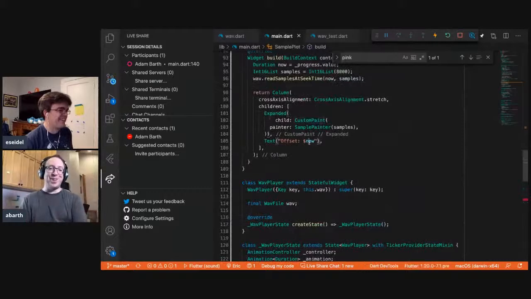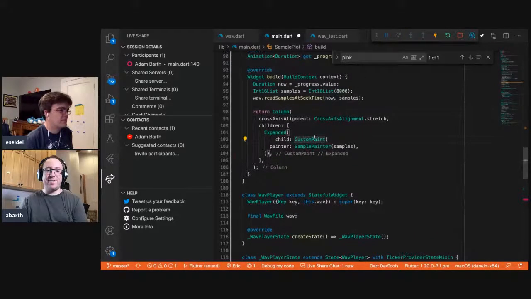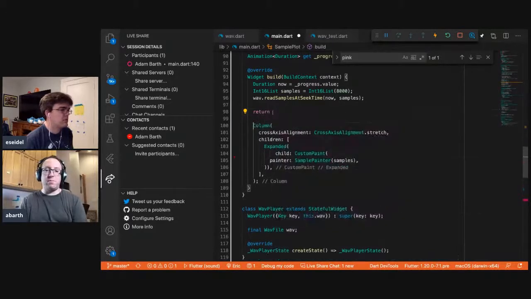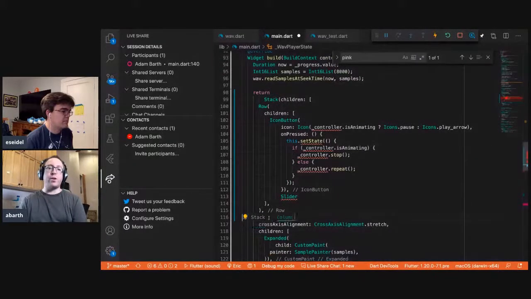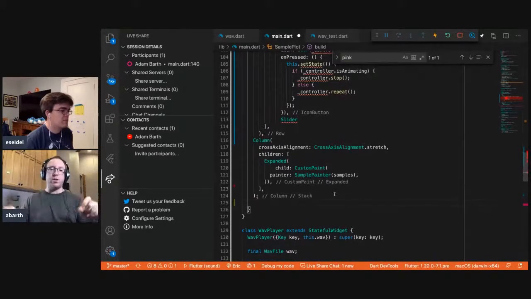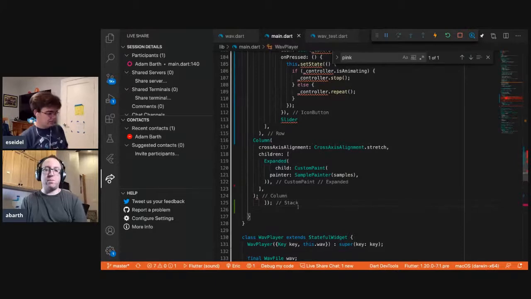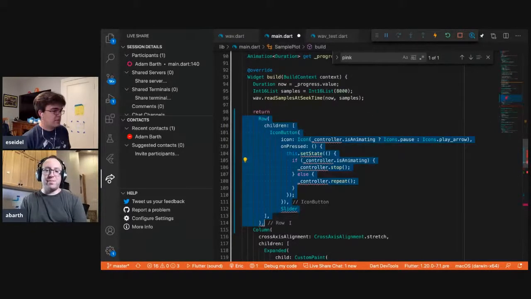Not to set you up for failure here, but it's going to. Yeah, we did this thing. Yeah, except I'm just going to change this. You can just leave it as a column. I think that's also reasonable, just to have it down at the bottom. Okay, I see. You're putting a column inside the stack. So one's a row and one's a column. Well, I was just suggesting to change where it currently has the text to make that into a row and just start plucking controls in there. Yeah, just the way that I copied stuff was a little... I see. So you're saying ditch the stack part. Yeah, I think the stack was cool for a little while, but... All right, fine.